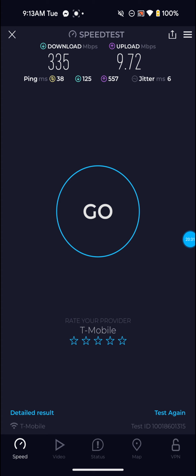Now, it has done it sometimes. So I'm going to have to actually experiment with that. I'm going to try the waveform antenna locked on 5G when I get it back. So I'm going to do that and see if I get any network cutouts or anything. I'm going to do some testing with that. And if I don't get any network cutouts, and I still get the same speeds, like 500 to 600 on the download, then I'll probably keep it that way. I'll keep it locked to